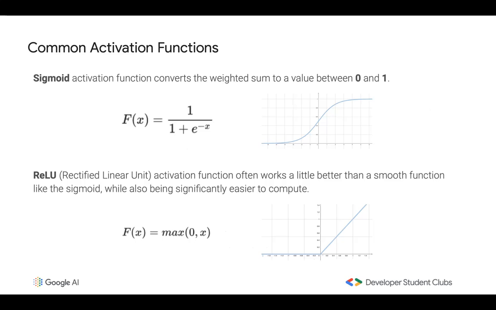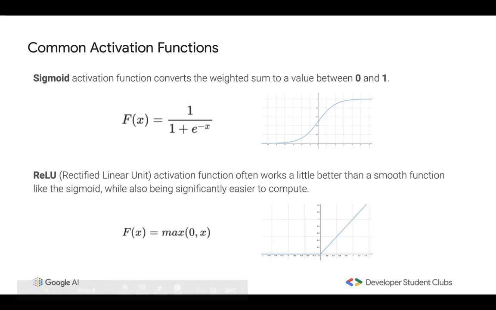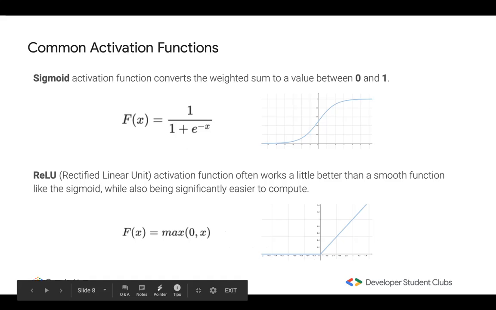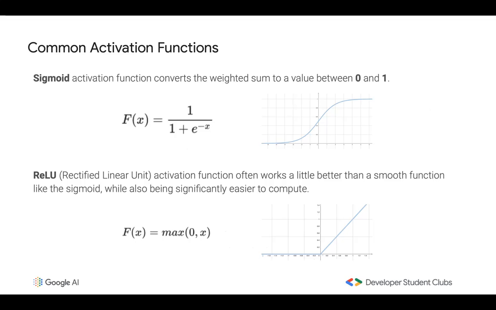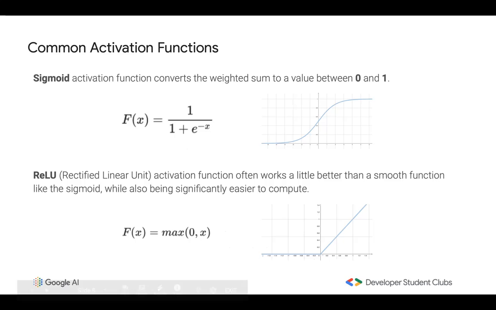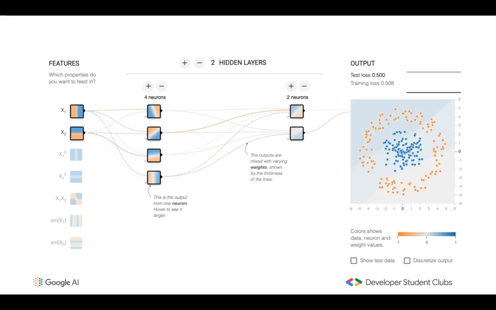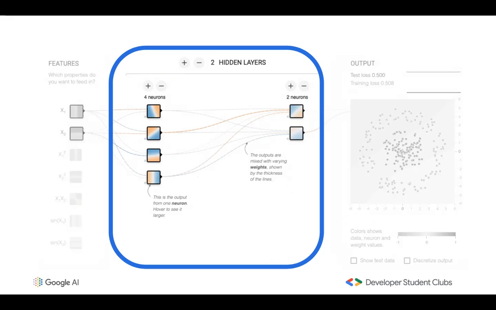The ReLU function, on the other hand, I had to research this earlier, but it's quite a recent one, and apparently it's used because it's quite a bit faster than sigmoid in a few cases. But again, that's not always true. As we went through that example on TensorFlow Playground, we saw that the ReLU function actually did worse than the sigmoid. What ReLU does is it takes the maximum of 0 and the input. So if you put in a negative input, your output's always 0 because 0 is always bigger. If you put in a positive input, your output is that input itself. That's what gives the ReLU function its shape. I hope that answered your question about activation functions.